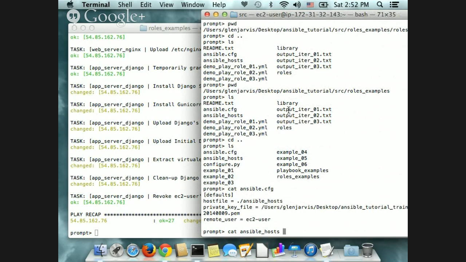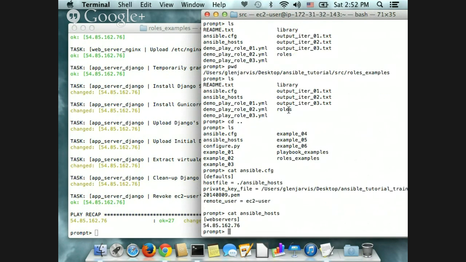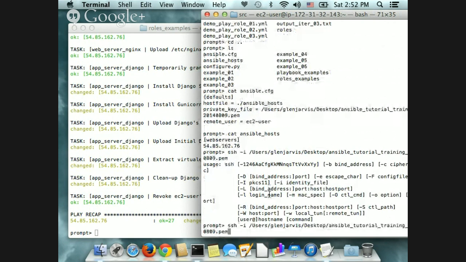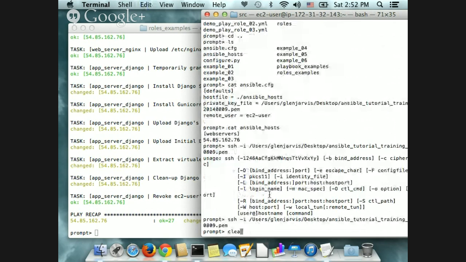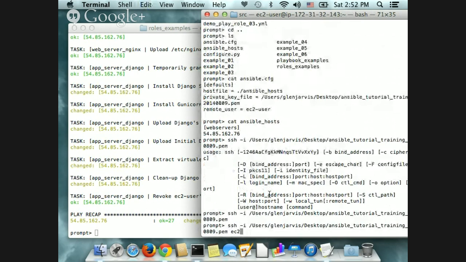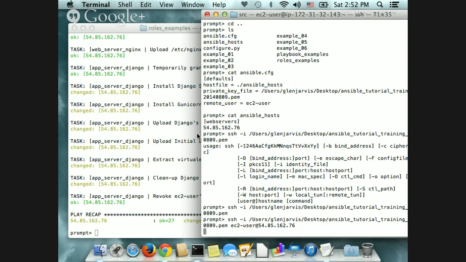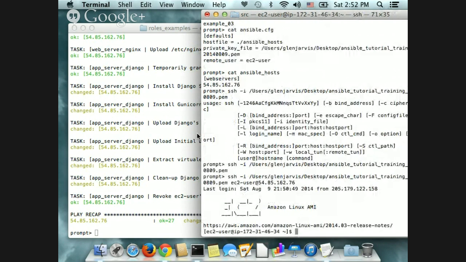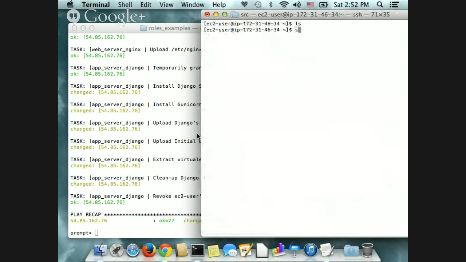I know that beep's annoying. I'm sorry, I didn't think to turn it off. I am going to SSH to that machine just like we did before, except I pressed enter too soon. Sorry about that. And I'm going to go to the EC2 user just to show that I can, and go to this web server. Now, I logged in with that key. Really, at the end of the day, though,